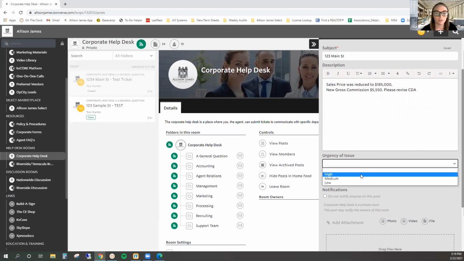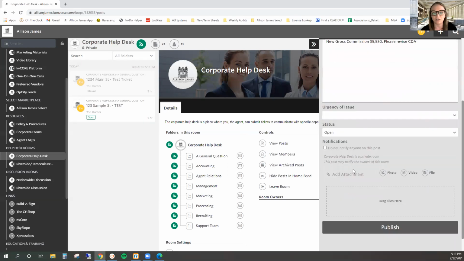Now, you don't have to choose an urgency, but if you would like to, I would say probably the high urgency is going to come into play for most of you for things that you need quickly. So again, you do not have to choose an urgency, it's just here for your convenience. As you scroll down, you can see you can add attachments if you need to add any attachments for anything. And then once I go ahead and click publish,